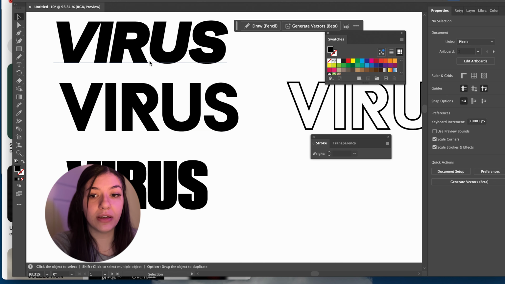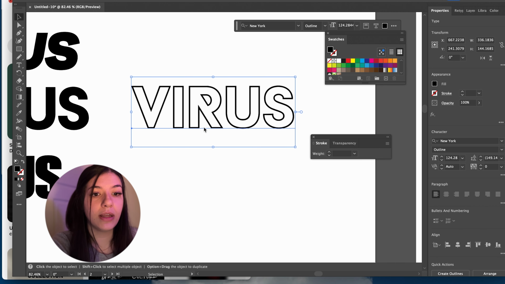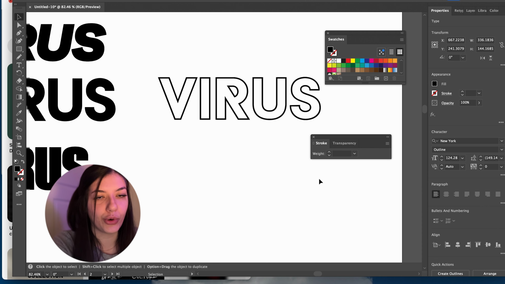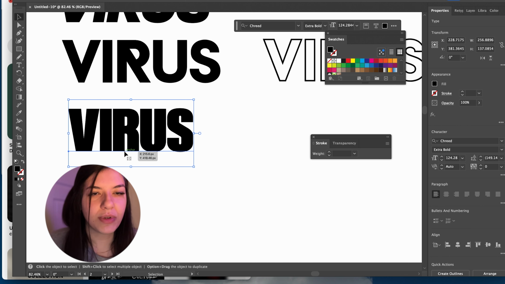I really like this one here, how the R is. It's very different, and I feel like we can play around with it or even just leave it how it is. I think it looks great. And it also comes with an outline version. If you guys want to use this font, it is called New York, and it is on Envato Elements. There's many ways to use this one, so I really like it.